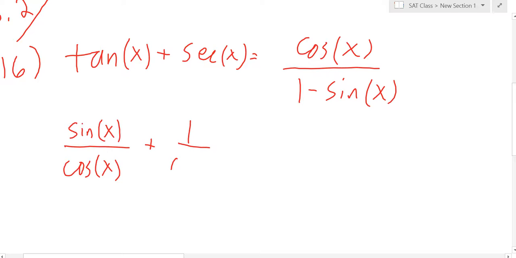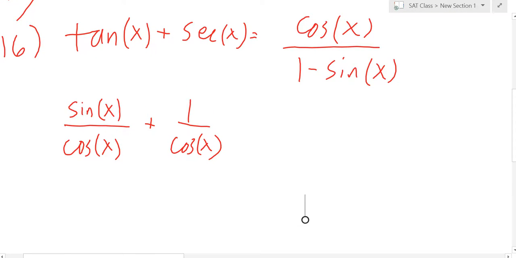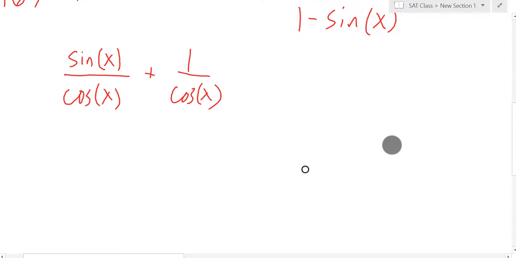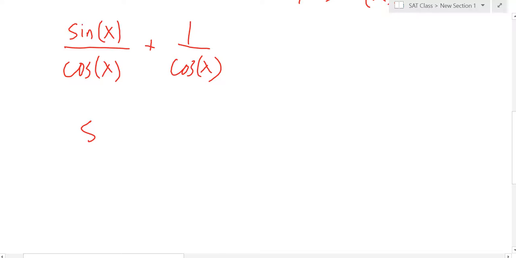Plus 1 over cosine. Now, we're not where we want to be, right? But we already have a common denominator, which would have been my second step if I didn't have a common denominator, because the left side is 2 things being added, and the right side is 1 fraction. Okay? So I would get a common denominator, but we already got the common denominator, so let's write that out. It's sine x plus 1 over